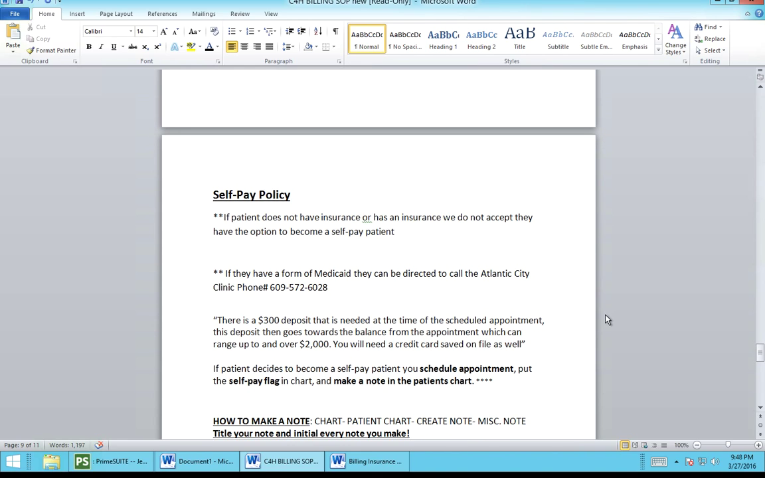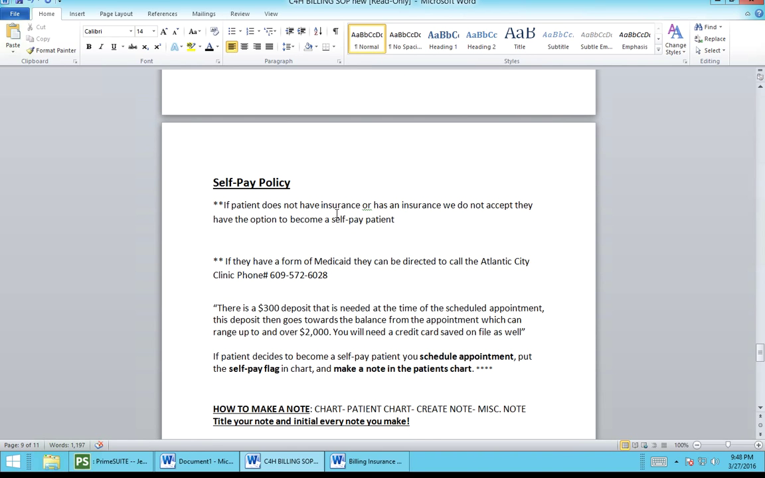Self-pay policy. It's important to know that we do see self-pays occasionally. If the patient has an insurance that we do not take, we can see them as a self-pay. A lot of patients will opt not to do this when they find out our fees. If a patient has a form of Medicaid, they can be directed to call the Atlantic City Clinic, and this is the telephone number,